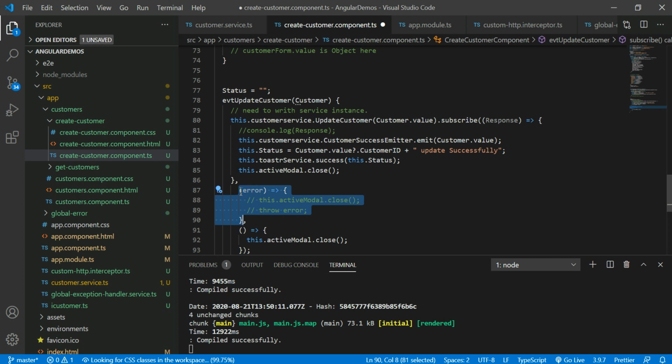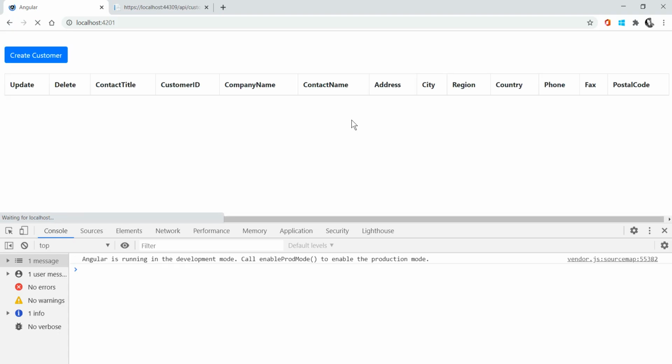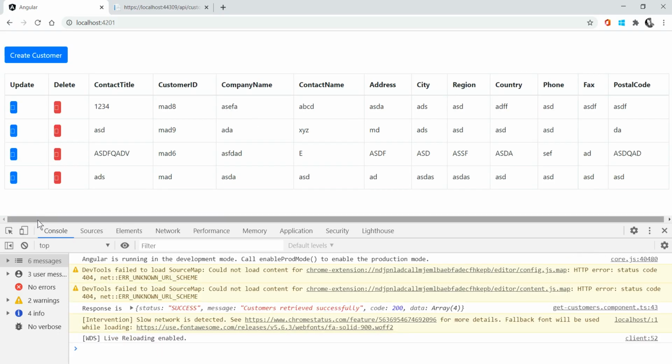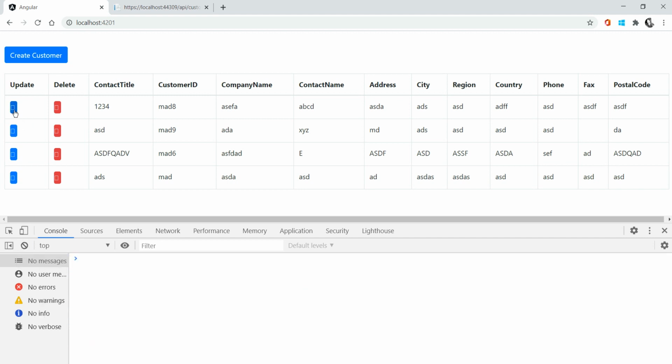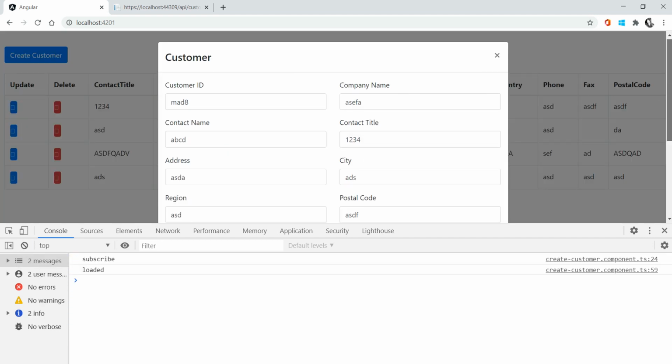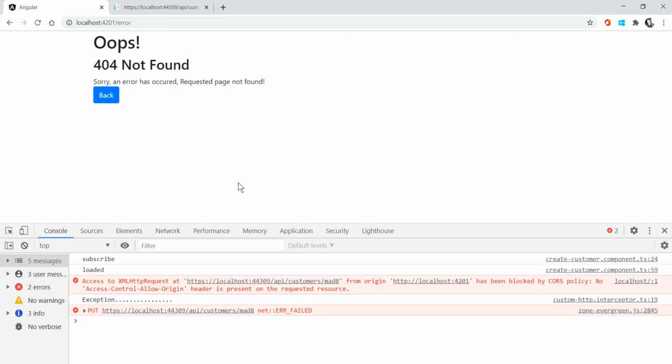If you remove this error block, the complete won't work, so please mind that. Now update here. Click, clear the entire cache, and click update. What will happen? It is redirected to the error page, and the model pop-up is also closing. But you can see I don't have which kind of error this is. I don't know which kind of error this is.